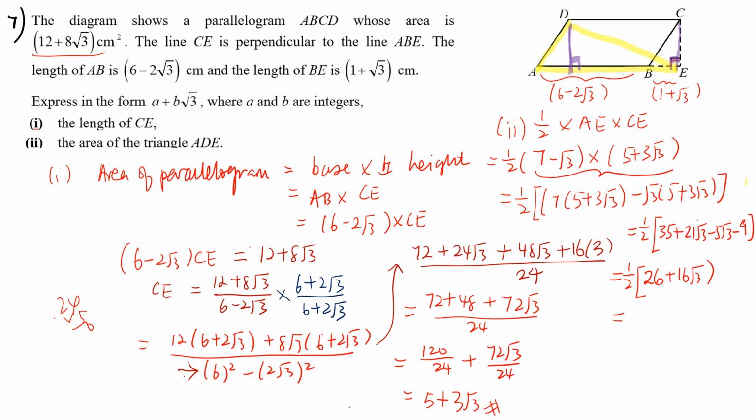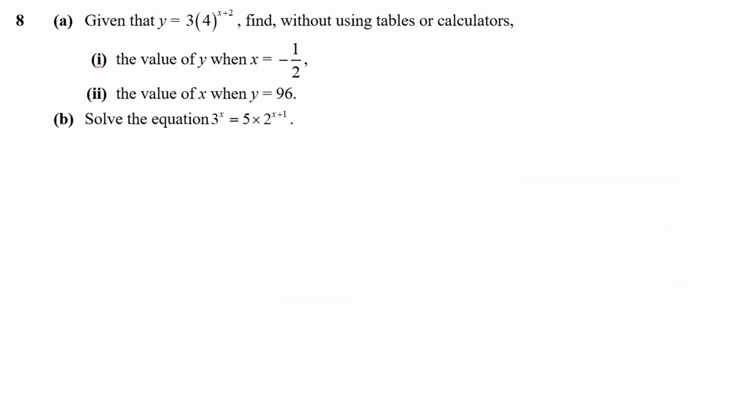Now we can multiply with half. 26 times half will be 13. 16 times half times square root 3 will be 8 square root 3. Alright, so that will be the area for the triangle ADE. Alright, so we have done questions on Surds. Enough of Surds. Let's try to do some questions involving